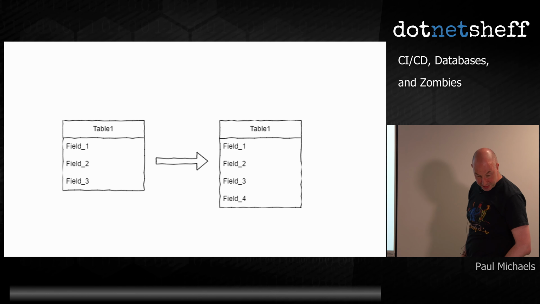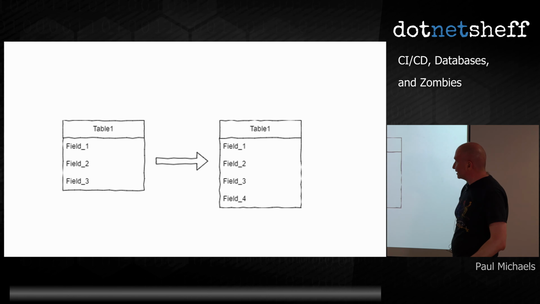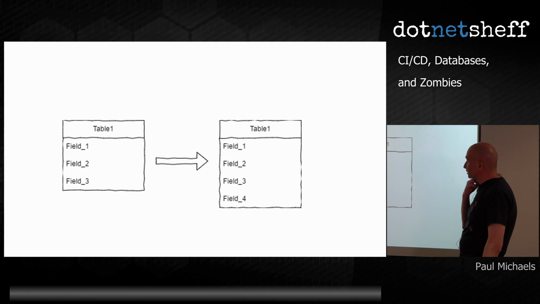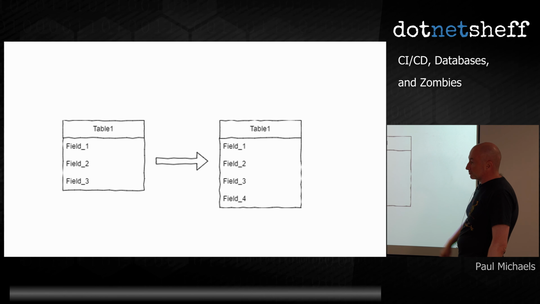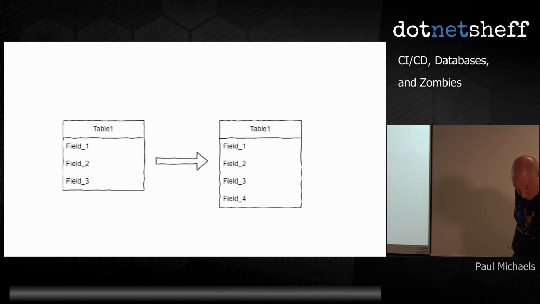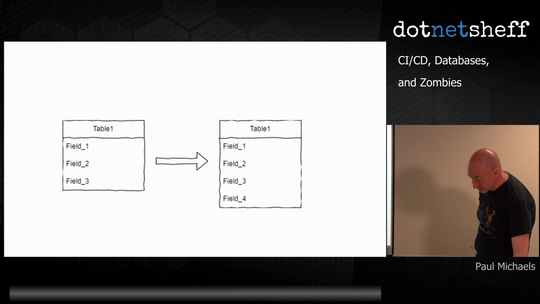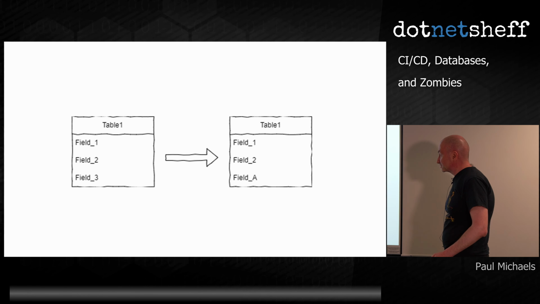Okay, so these are some techniques about ways of mitigating that synchronization problem. This situation is probably the most simple and probably the easiest to deal with. So you want to add a new field. You've got 3 fields, you add field 4, so that's quite easy. Again, unless you write into field 4, in which case there's a consideration there.